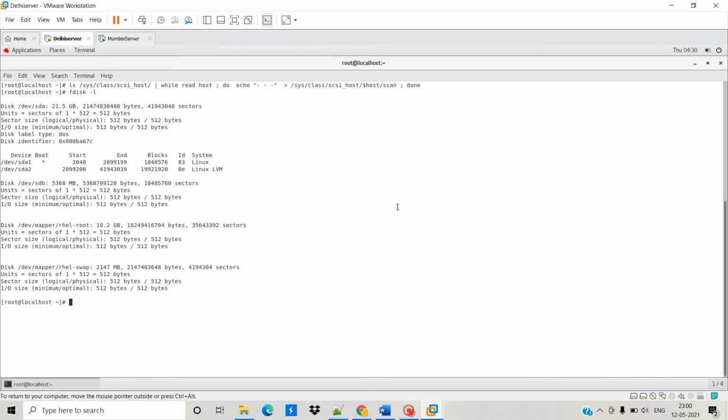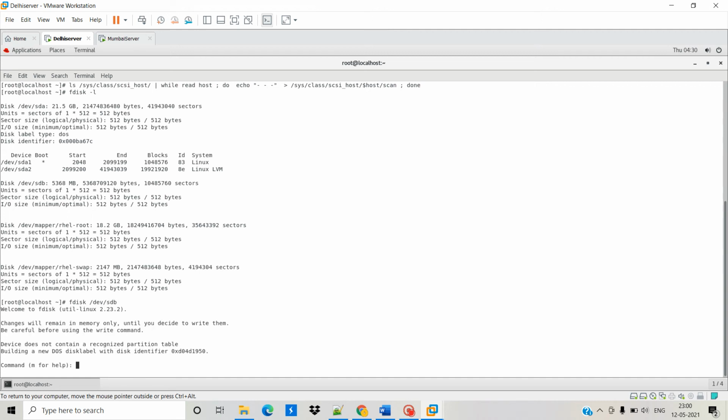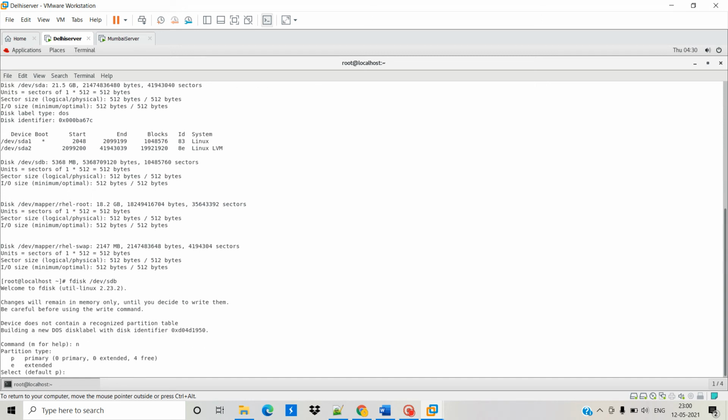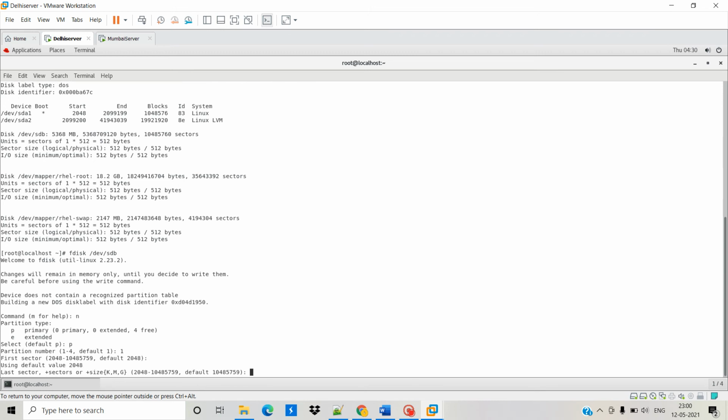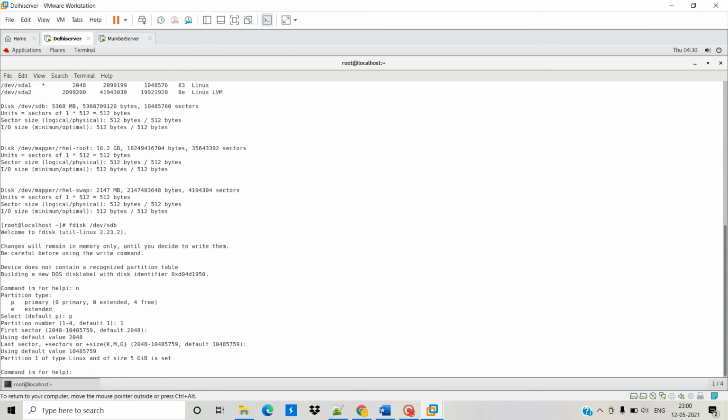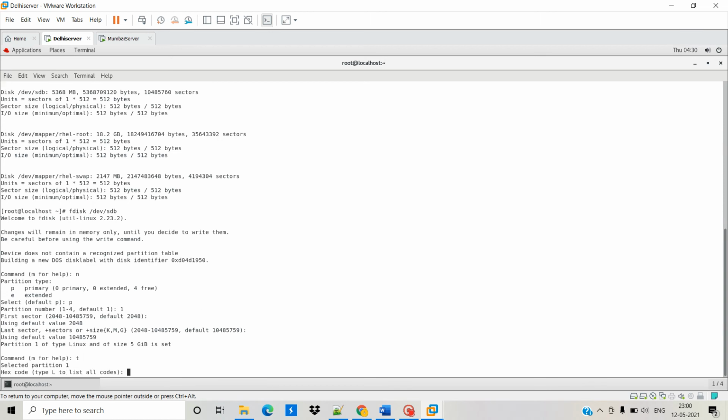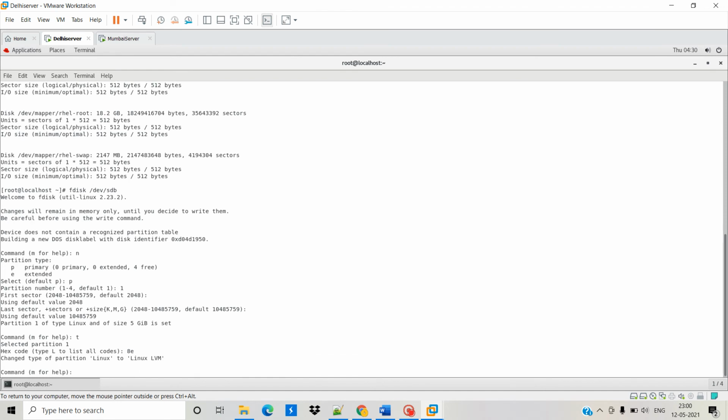So here fdisk /dev/sdb. Now new, primary partition 1, first sector enter and last sector enter. I am giving 5 GB space to this partition. Now I am going to change the type, code 8e for Linux LVM.